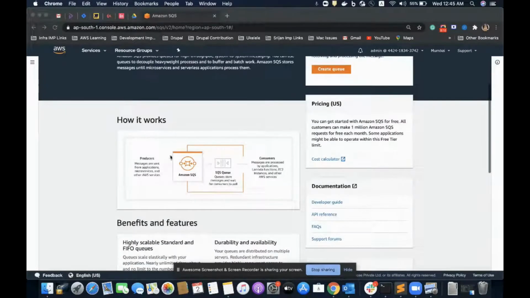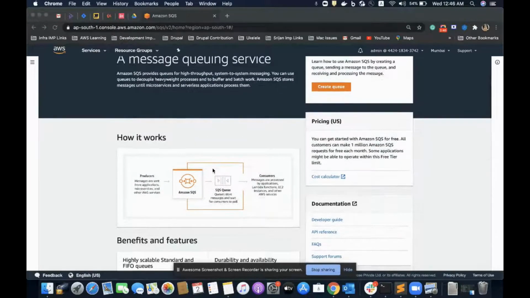With this service, different applications send or receive messages. The applications that generate or create the messages are called producers, and the applications which receive such messages are called consumers. SQS stores these messages and provides a decoupled way of sending and receiving them in a queuing way.